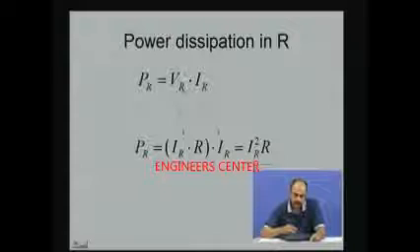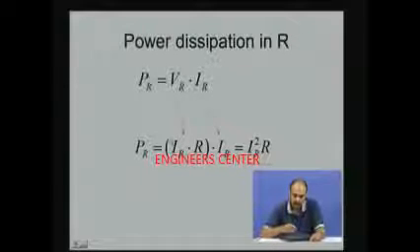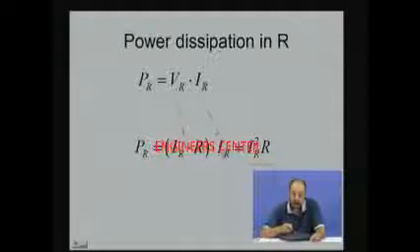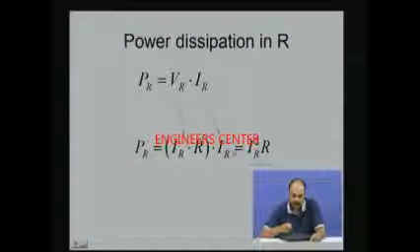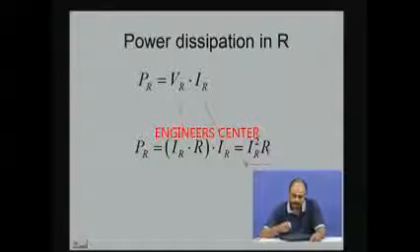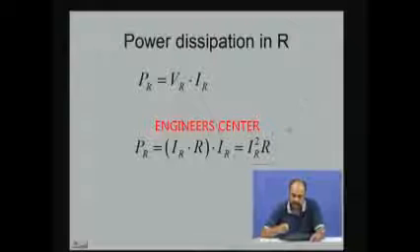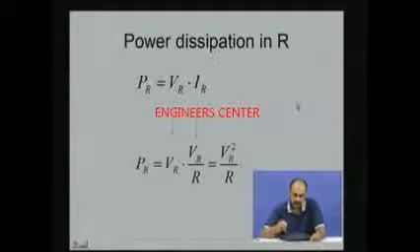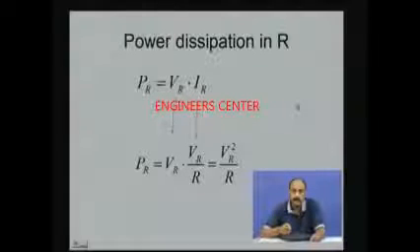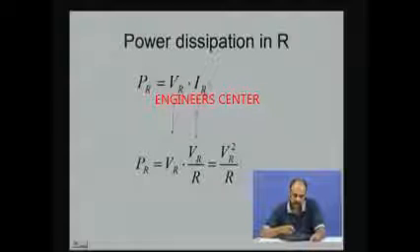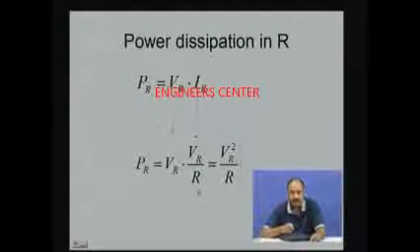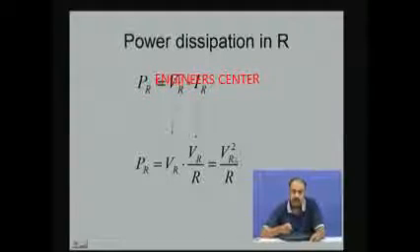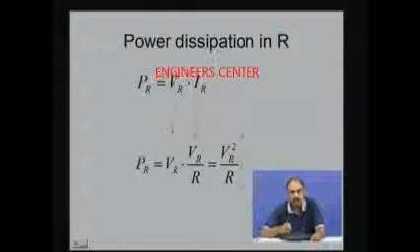Now, this V I itself, by Ohm's law, V can be written as I into R, current into R, and with a further component of current, this is equal to I square R. So, the equation for the power is I square R. The power dissipation can also be written with I R written as VR by R, as we saw earlier in the governing equations. This gives VR square by R, that is voltage square by R.